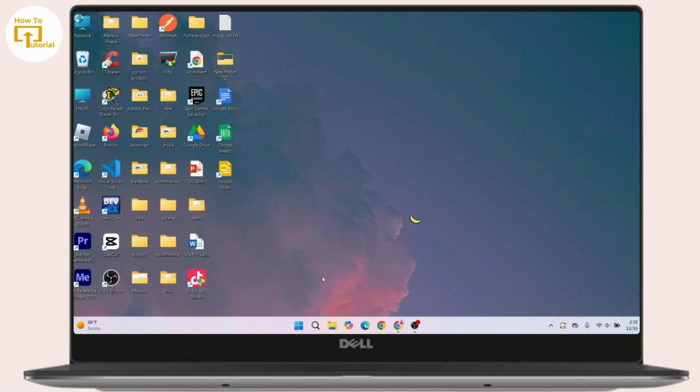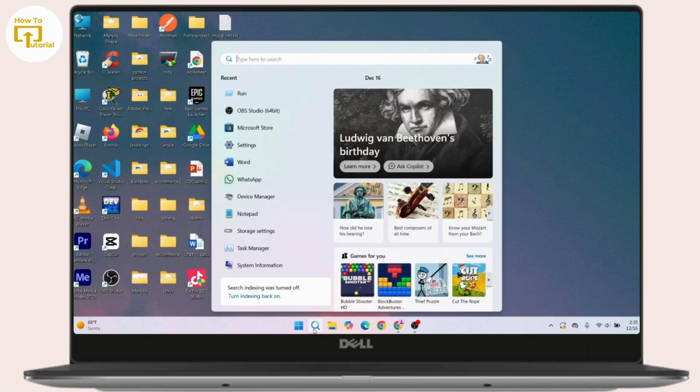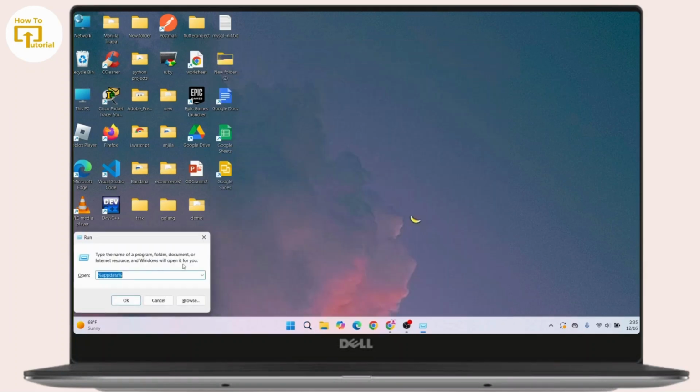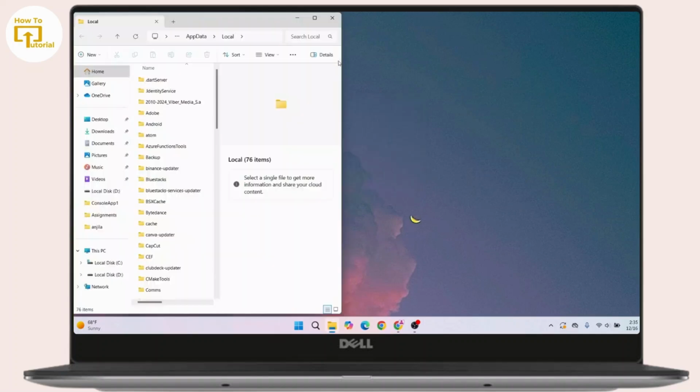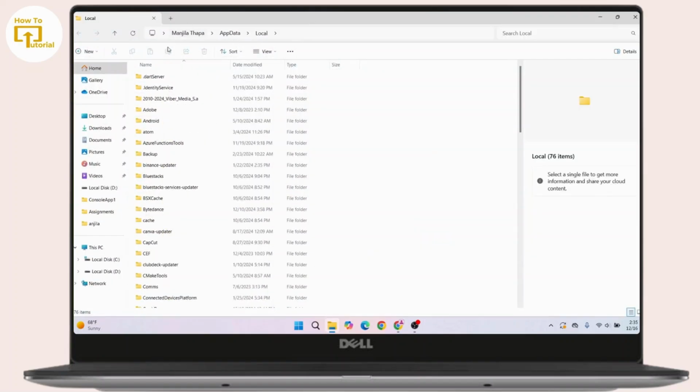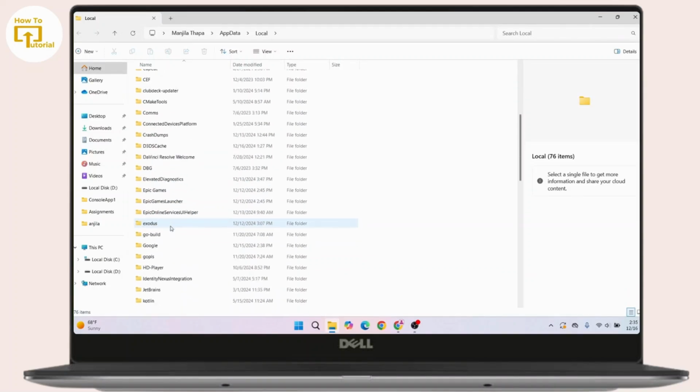So first of all, you have to go to your search icon and search for run command. Once you have this run command prompt in your interface, here in this text box, first of all, you have to search for %LocalAppData. Now, once you have searched for it, you will see a local folder here. Now, from here, you have to look for Microsoft. So, scroll down